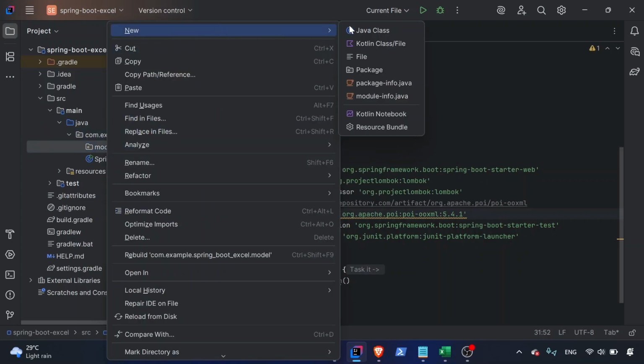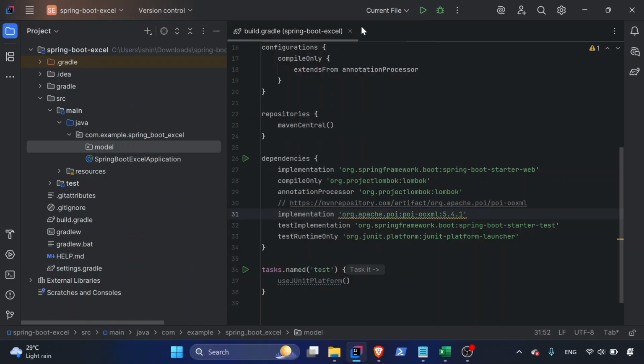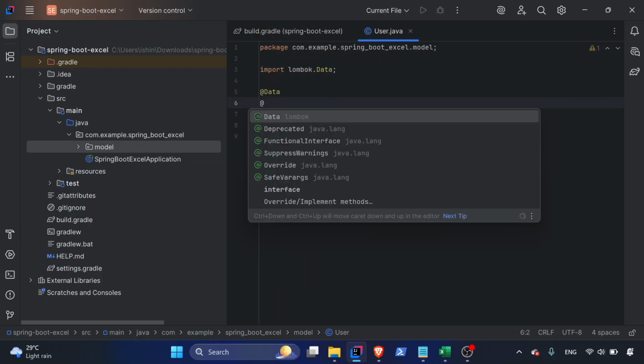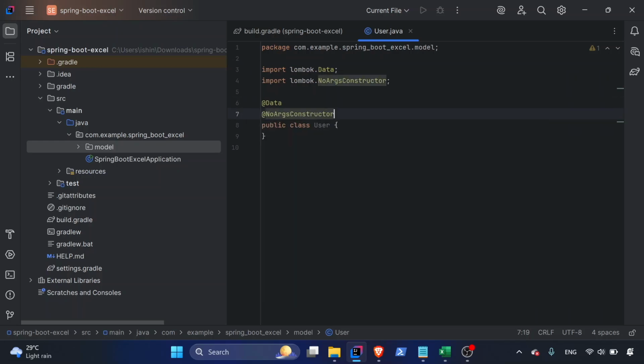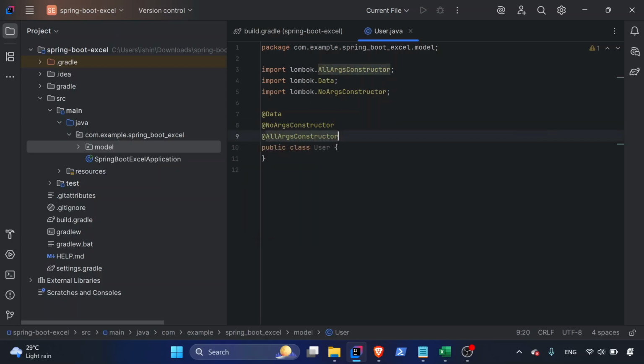Let's create a user model, Java class, user, okay, add Data, add AllArgsConstructor. So we will add property,